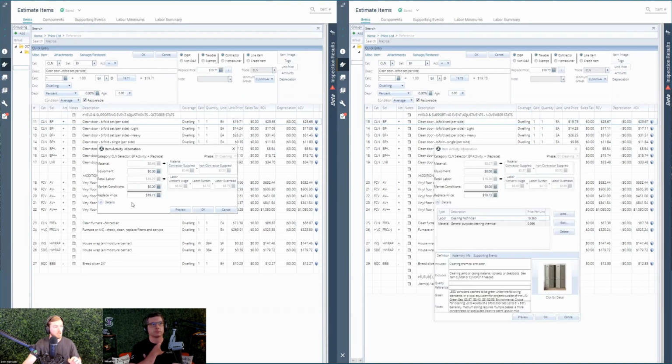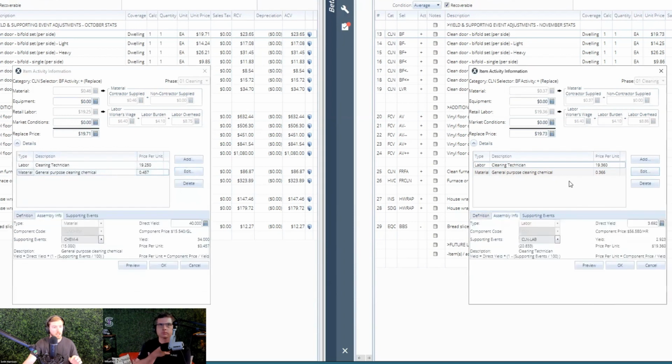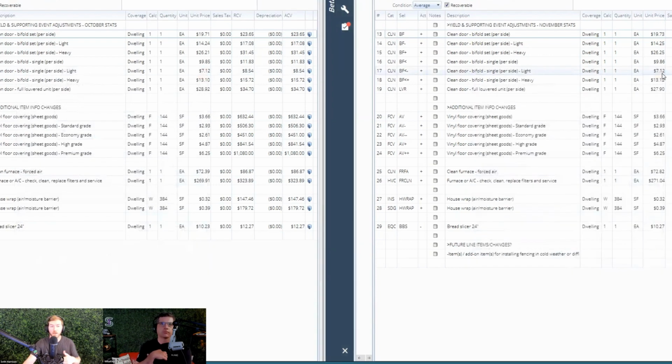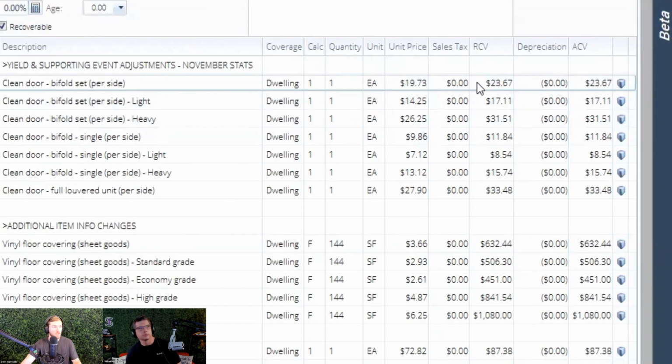and taking a look, we're actually going to look at the material yields here because you'll see it changed from 40 to 50. So essentially, the yield went up for a line item or for a component in that line item. Whenever yields go up, the price goes down slightly. Whatley, we're talking, it was $23.65 in San Diego last month. It's now $23.67. Yeah. So I think it reads like you could do 50 square feet before, and now you